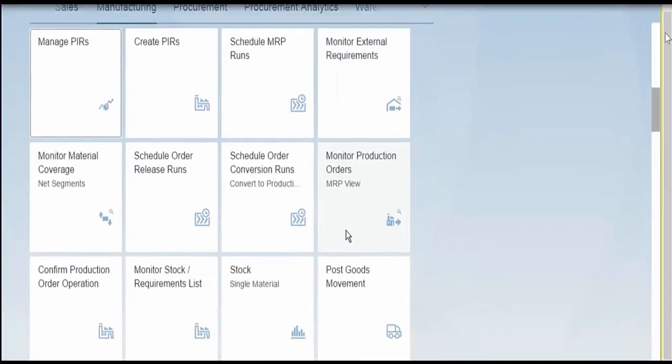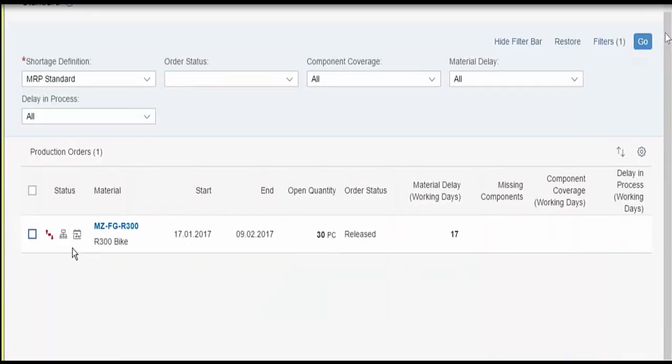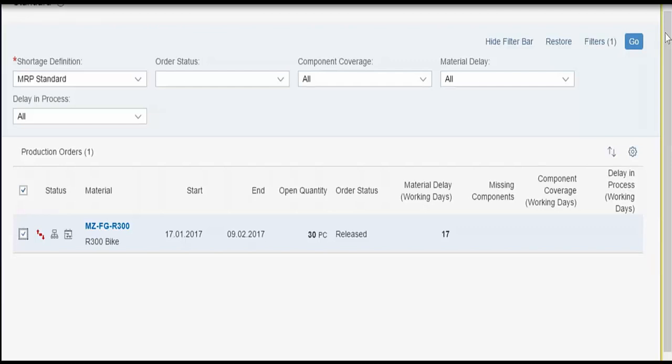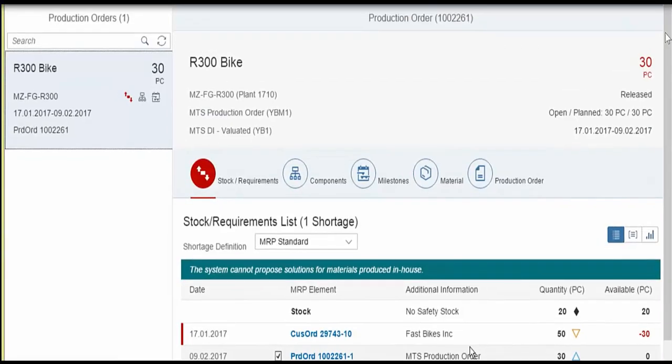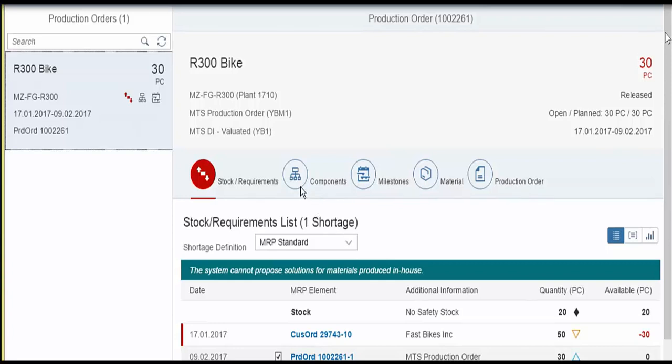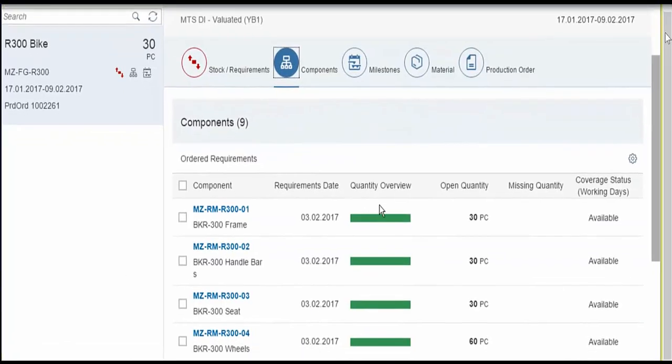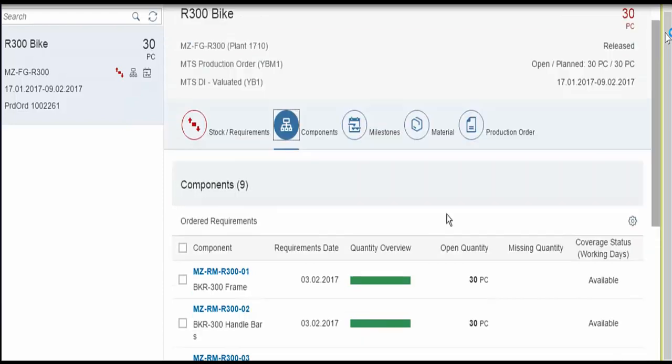He now opens the production order and looks at the production completion date as suggested by SAP, considering the various constraints. It is 9th February. As he further drills down, he finds the stock requirements which are already fulfilled. He gets into the component level details, that is all the bill of materials, where the system shows all the availability in green using the colored Fiori graphical user interface.